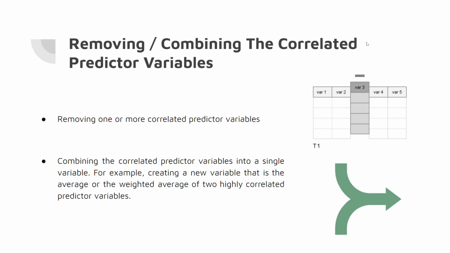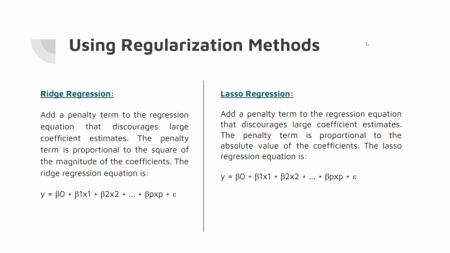As discussed before, we can compute the correlation matrix or the variance inflation factor of the variables and check which ones have high correlation between them in order to remove or combine them. Regularization method